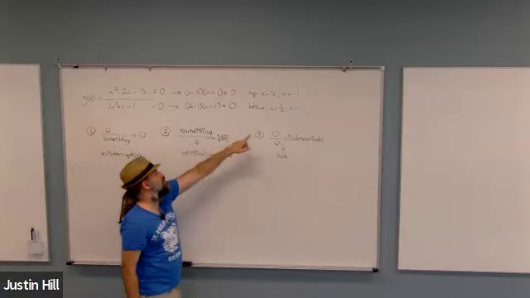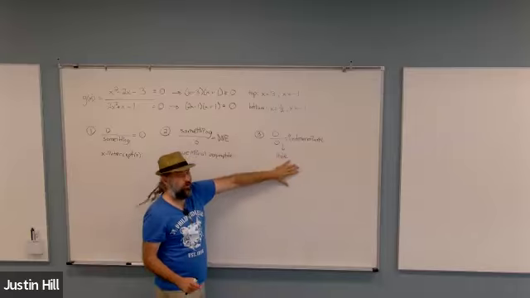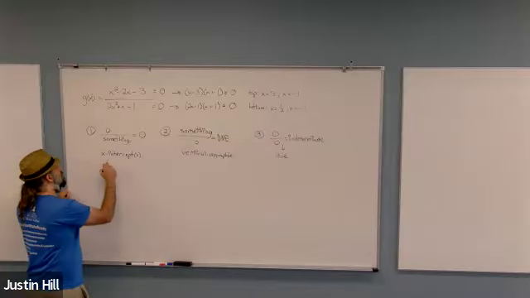Now notice the negative one also makes the bottom of the fraction zero. So that's going to be a hole rather than an x-intercept. But the x-intercept then is going to be